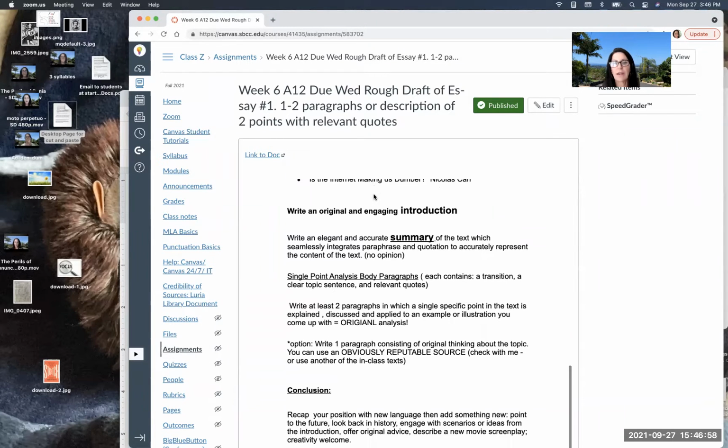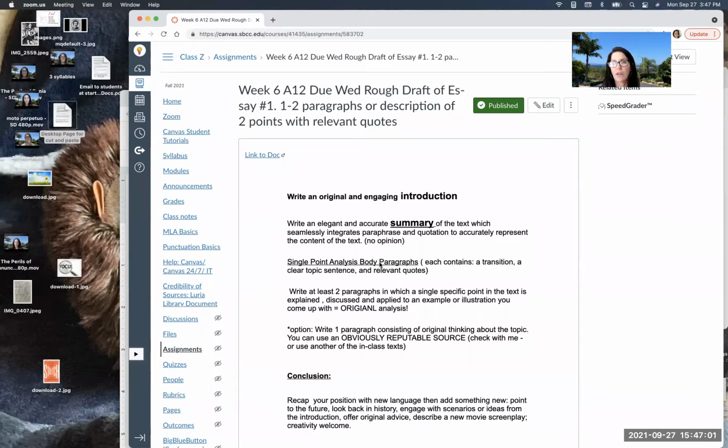So again, I've reiterated many times that we're following this format more or less of introduction, summary, analysis, and conclusion. And it sounds a little stiff, and you may be able to morph it into something a little different along the way, and I'm open to that. But I find that this structure is helpful to you in looking back and seeing what a conclusion looks like or what an intro looks like, and mostly what an analysis looks like. So if you look at other student essays, if you look at the sample essays, there's different samples in different places. And they're all a little different.